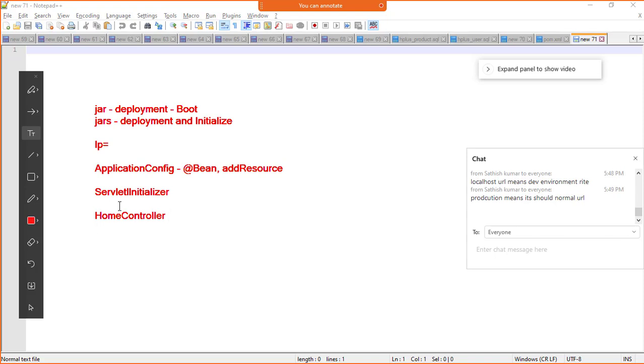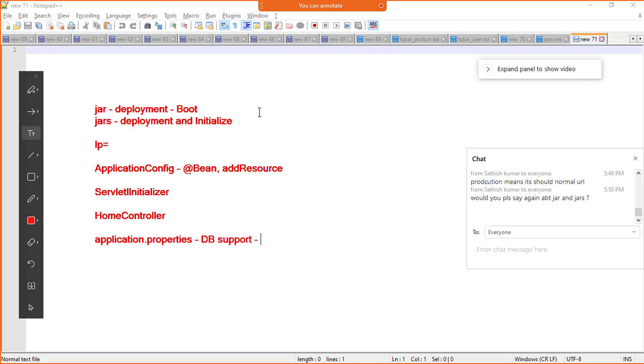Right, now thereafter application.properties. I mentioned that we do view resolver, I mentioned that we do theme resolver, I mentioned that we handle localization, internationalization. Here we had DB support: username, password, URL to connect to the database. How did we do that? With the help of application.properties. Right, that you need to remember.